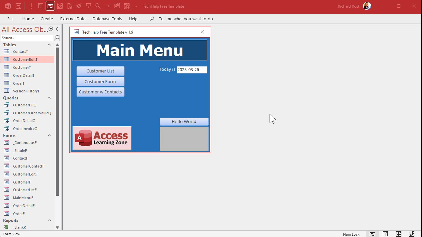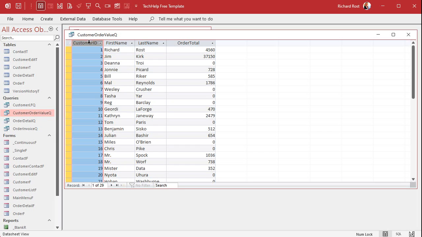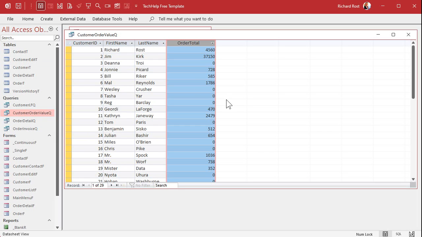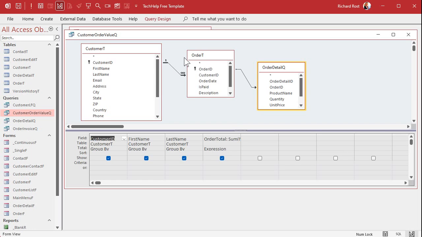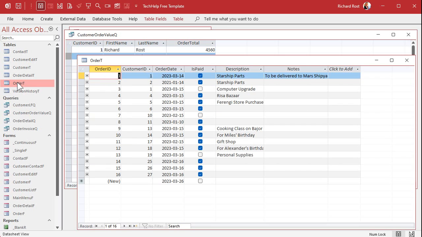Okay, so in the requery in place video, we build this query here. That's the customer order value. What this has is each customer ID, first name, last name, and their total order value. It's basically an aggregate query that adds up all of their orders and gives me an order total, so I know the total worth of each customer. James Kirk has placed orders totaling $37,150. Now, right now this runs fast because I only have 29 customers and a total of maybe 16 orders